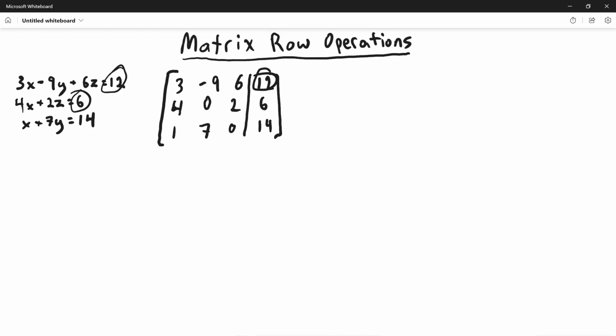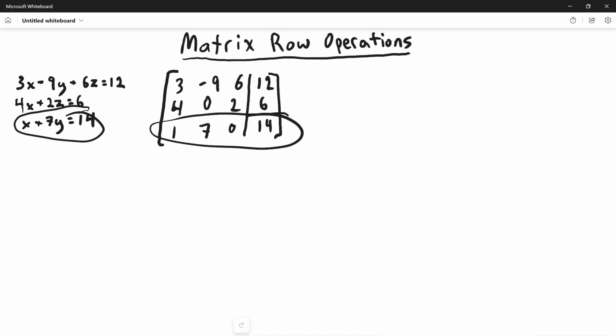And since the 6 is in our second equation, we put a 6 in the second spot. Since the 14 is in our third equation, we put the 14 in our third spot. And remember, those should correspond to the coefficients here as well. So both the columns and the rows correspond to each other. Whoops. Alright, so now that we have our augmented matrix set up,